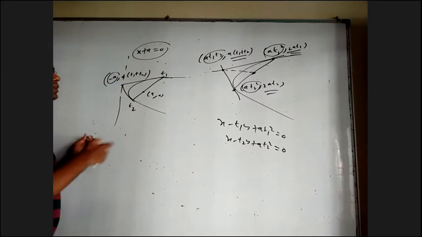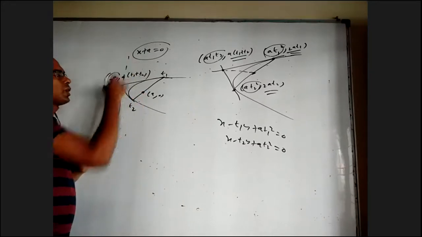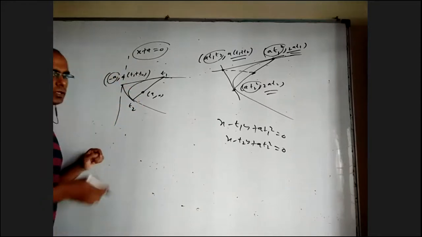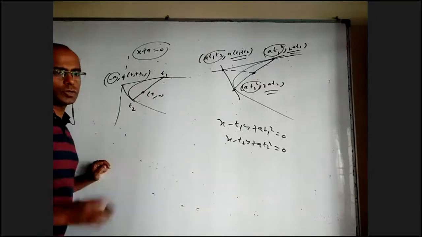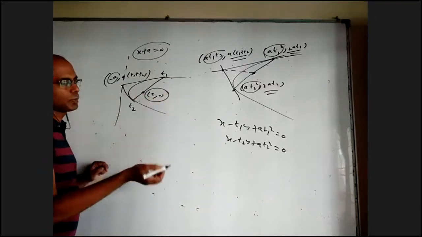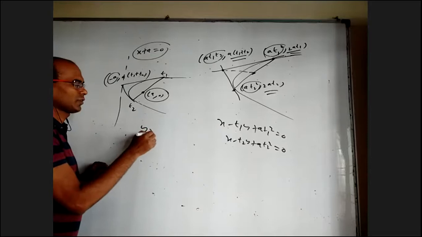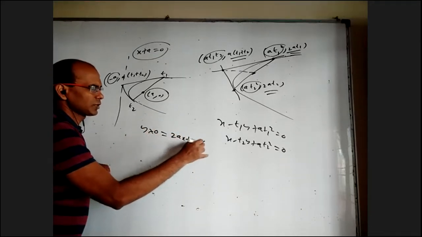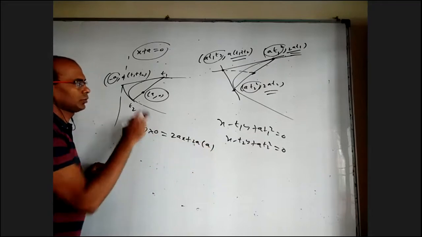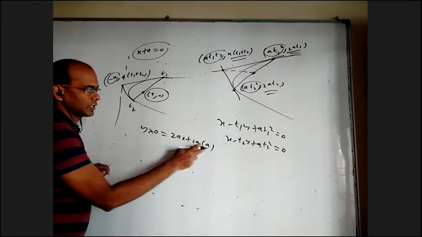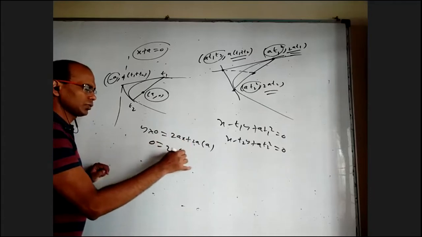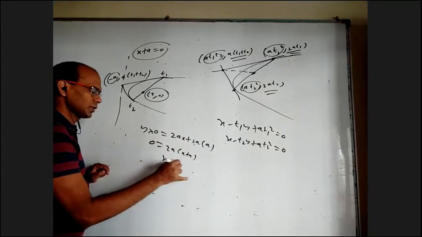That means for the focus, the polar is the directrix. And for the directrix, the pole is the focus. So instead of all these things, we do S1 equal to 0, also it will come. For (a, 0), what is the polar? S1 equal to 0. If you do that, we get y into 0, that is y square is 4ax, so 2ax plus 2a into a. One x is as it is, another x is a, y is 0. So we are getting 2a common: 0 equal to 2a into (x plus a). x plus a equal to 0.